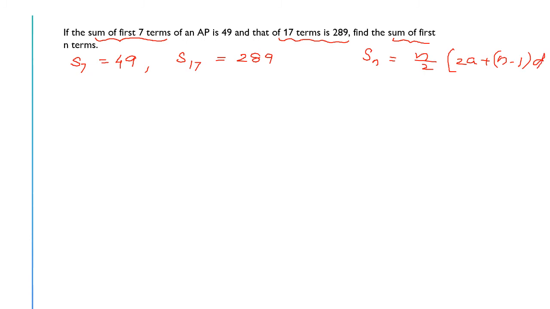Now again you will get the doubt. Madam, we know that Sn equals n by 2 into 2a plus n minus 1 into d, then why are we to find this? Why? Because n you can keep as n itself, but you will have to find the value of a and the value of d and substitute in this equation. Have you understood the question?